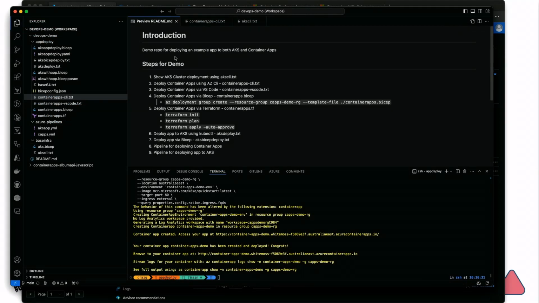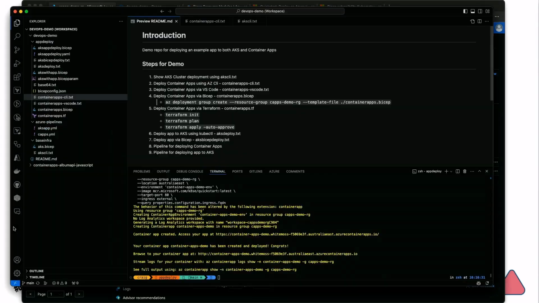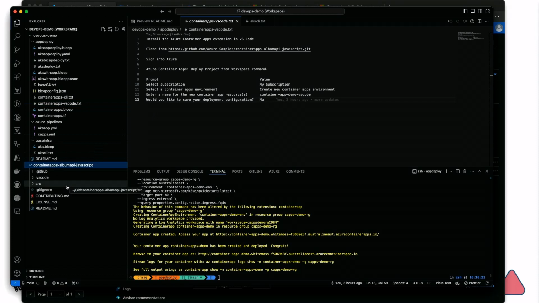Okay, next. We can also build and deploy via VS Code, which I was just in. Well done, Craig. So building and deploying via VS Code. There's a demo environment that Microsoft lovingly provide to us. So you need to install the Container Apps extension first, and that lets you deploy from VS Code, clone from that,